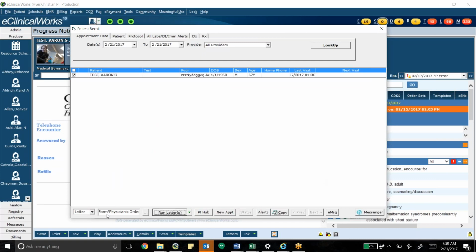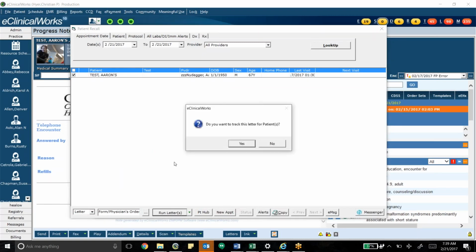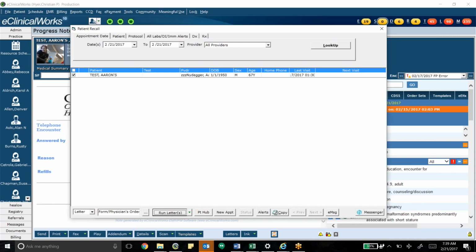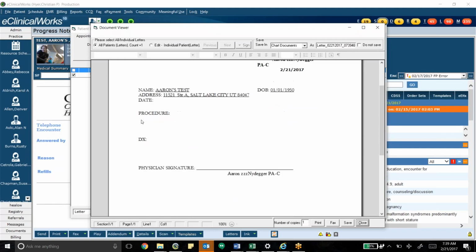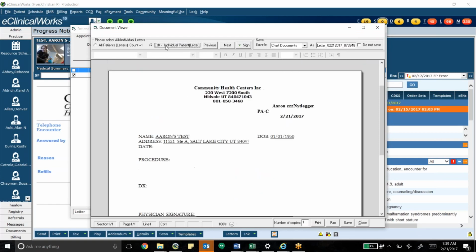So I chose physician's order form, and that generates a very generic looking letter. You want to say yes to tracking it. This one puts the name of the patient, your clinic name and address at the top, your name right here. And then it has procedure and diagnosis. I think this is a basic, and so I usually just highlight here and click over it, and then just start my letter to whom it may concern,